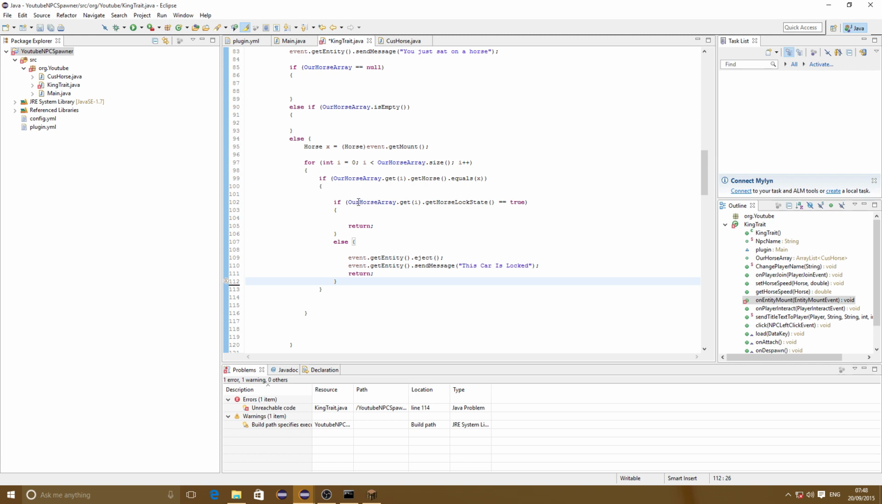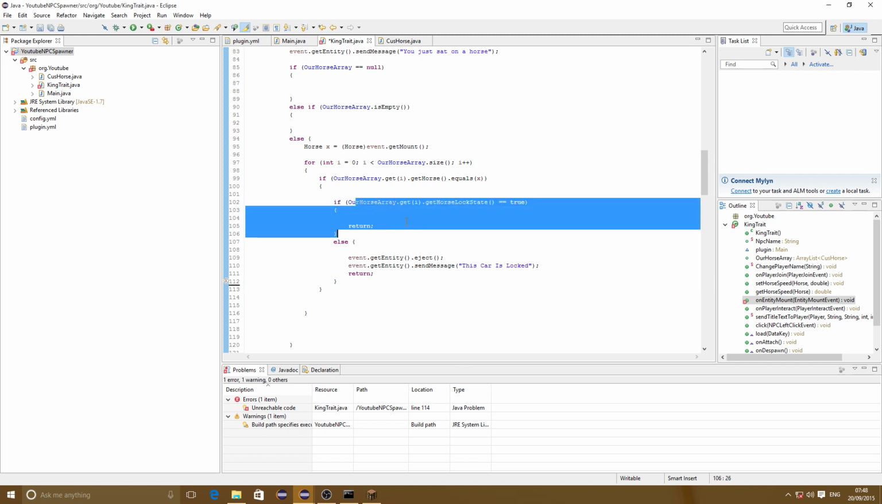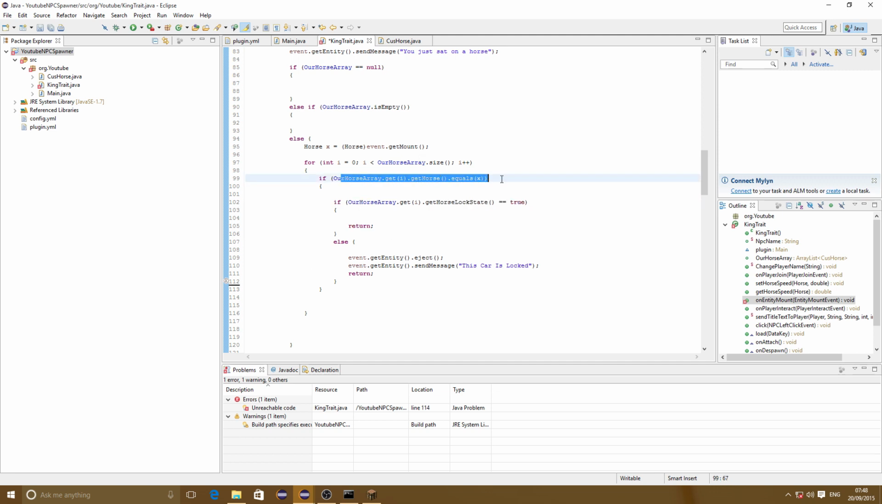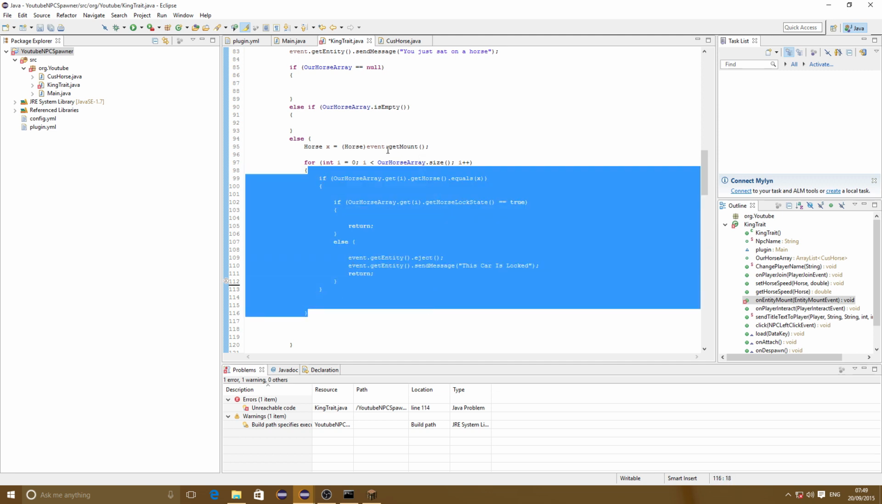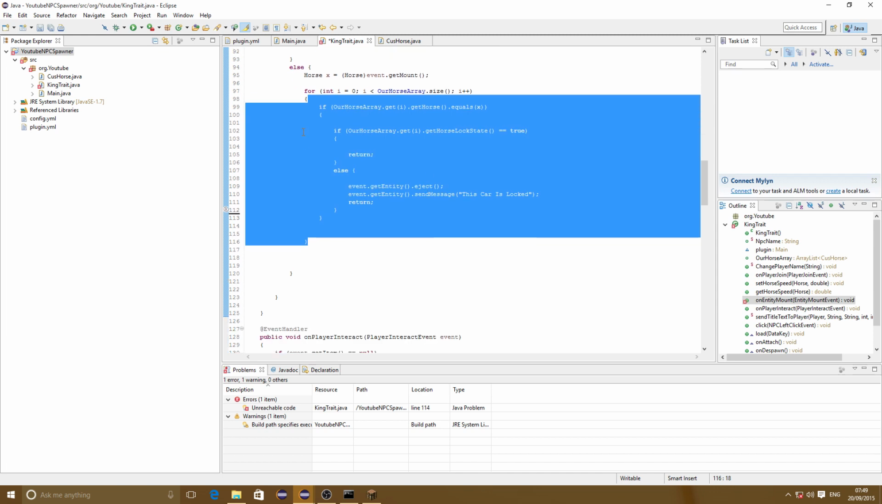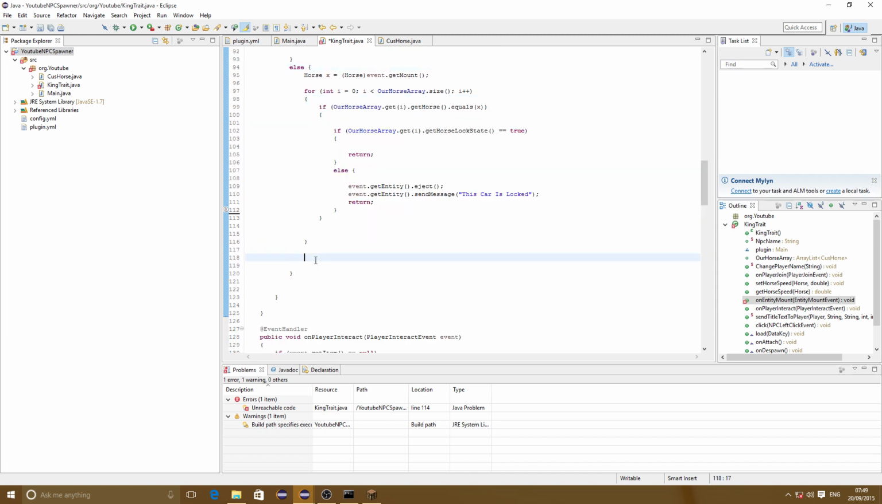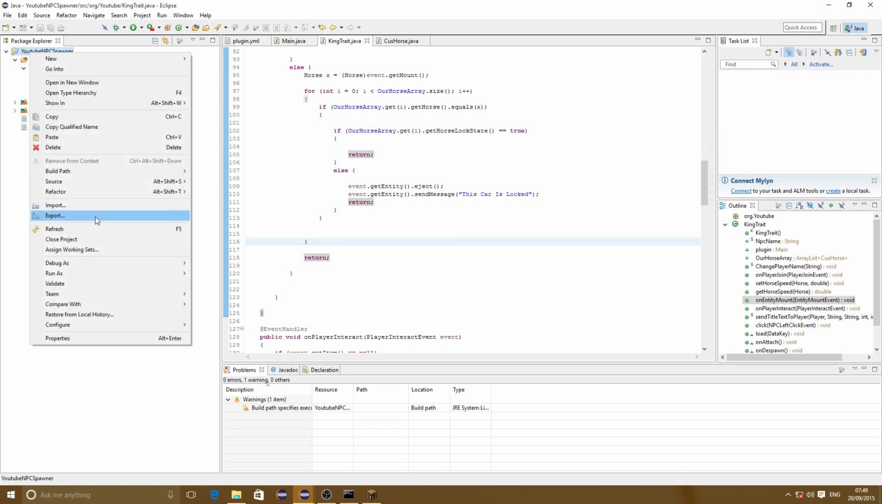If the horse is unlocked, it will be fine. If it's locked, then you eject and it will return as well and jump out of the loop. If it's none of these and it's not the right horse, it will just keep going through the whole array until it finds it, and if it doesn't find it, it will leave anyway. So here we can have another return. If you don't find the horse, it's not a problem, just leave anyway. So now if we export this,